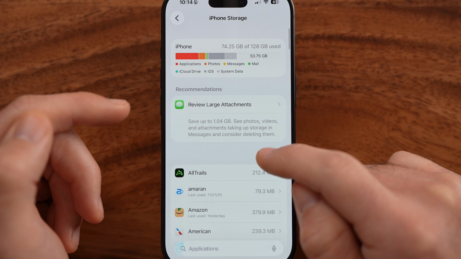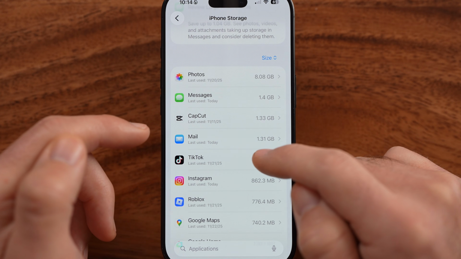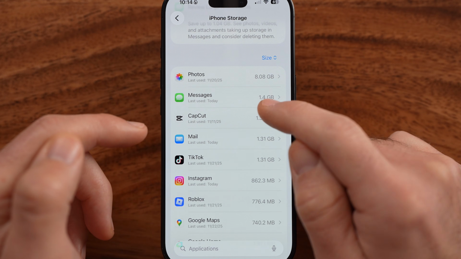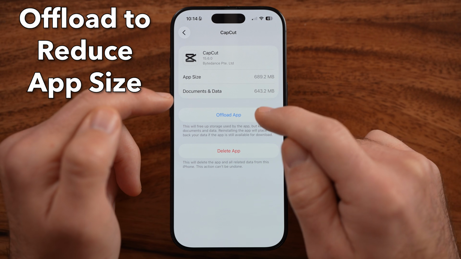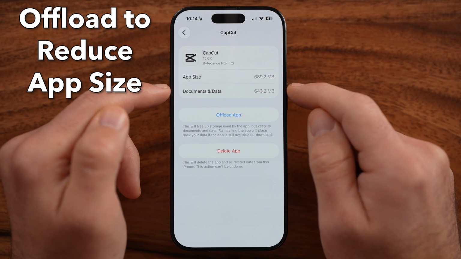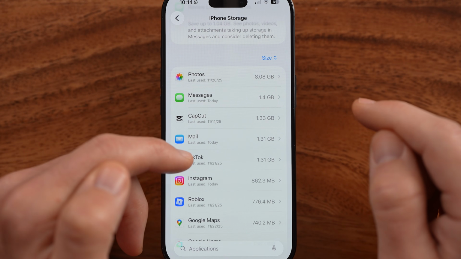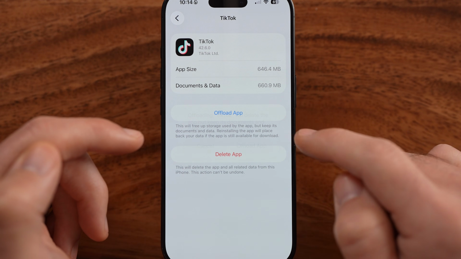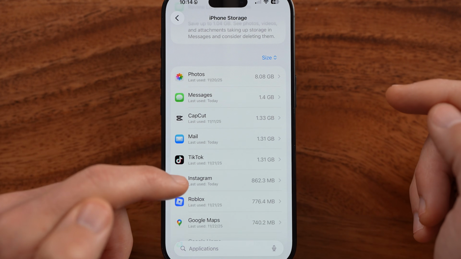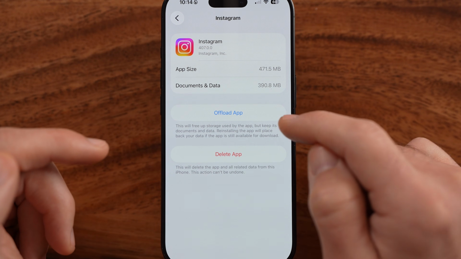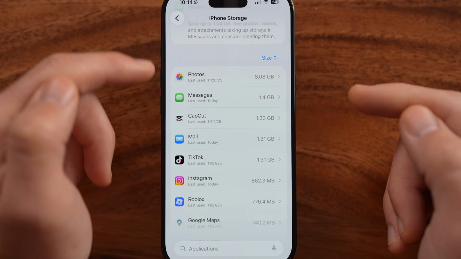Another thing I would recommend doing is switching this to size. And we're going to go to various apps that are taking up a lot of space on your phone. Let's say CapCut. We can offload these apps and then reinstall it. It will reduce the size of this cache and the temporary files within these apps. So I like to do this for any app regularly that gets above 1 gigabyte. And then basically by going through this process, offloading and then reinstalling it, it frees up space and reduces that